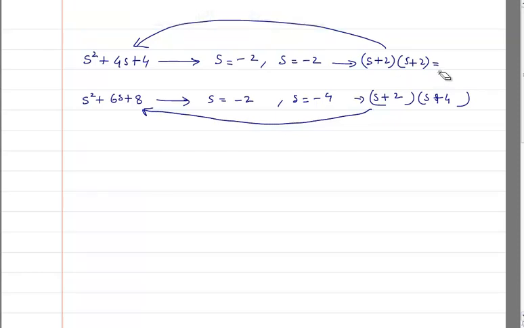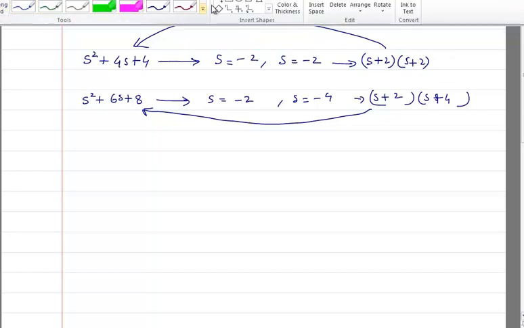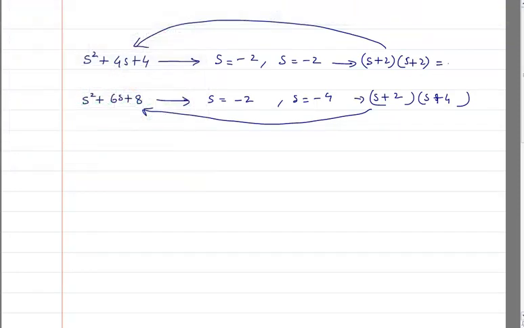Now what is the difference between these two? This can be further written as s plus 2 the whole square. Quite opposite to that, this one does not have the same pole, so it does not have repeated poles. Now we may have a situation where the answer is not going to be in this form, but in a form which has a complex answer. In such a case, even when we use a calculator, we will get a very complex answer, and that complex answer we will have to take care of.